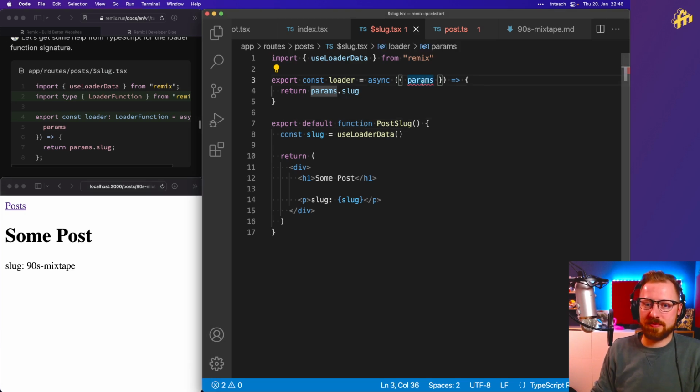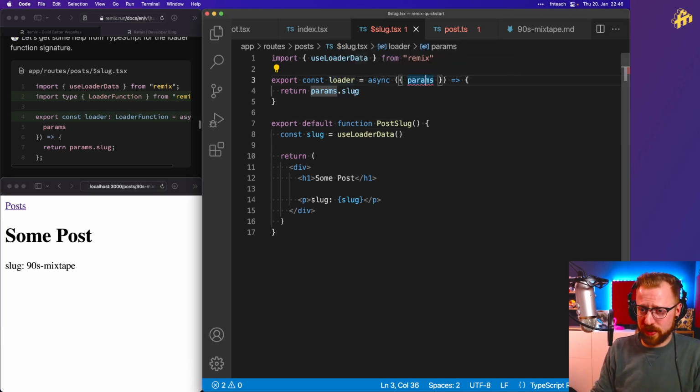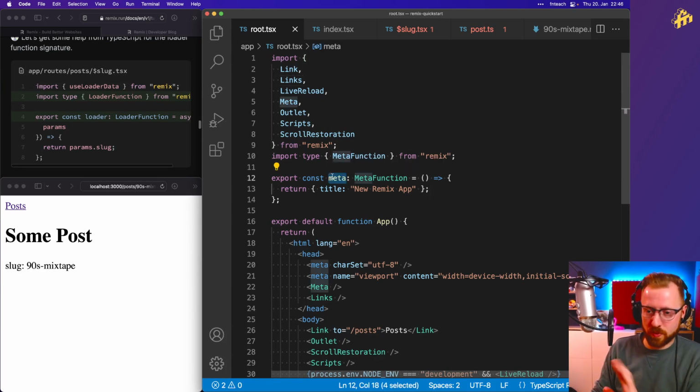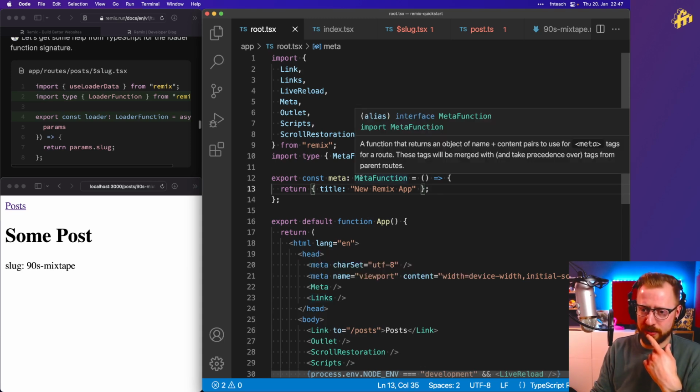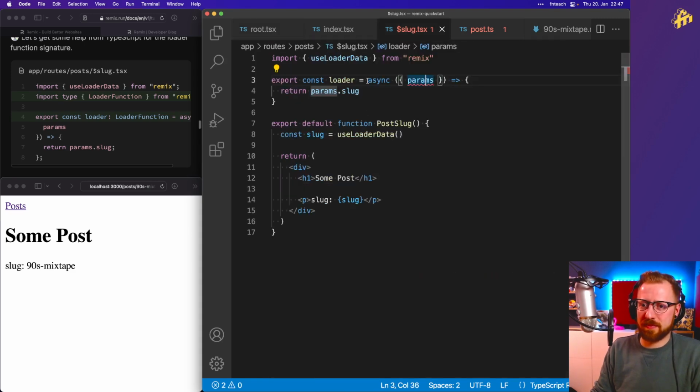Alright, TypeScript. Okay, let's first get to that. It is complaining about some TypeScript stuff. We had that earlier in the root. Was it the root? The root TSX, where they have this meta function that works exactly like the loader function. It has to be there, it has to be called that and return something, and that then is passed down in here to this meta component. And they had that typed to meta function. Same happens with the loader, which we can type as a